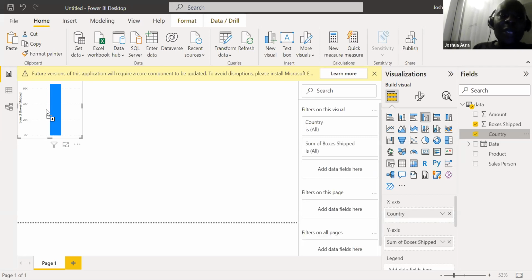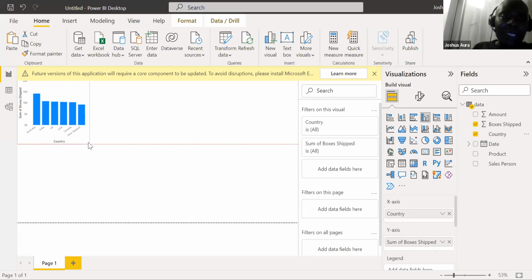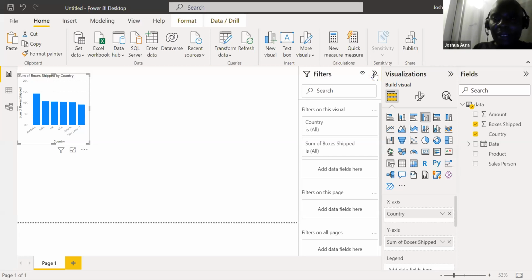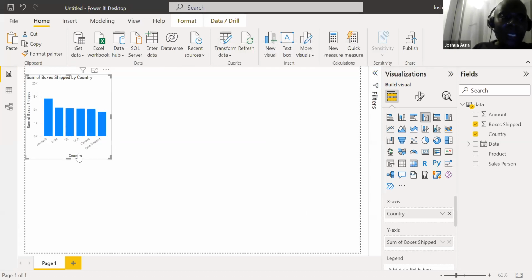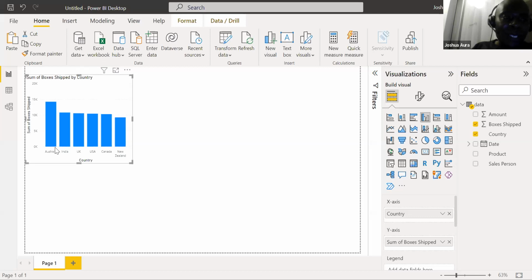So when I release like that, just give it time, you'll be able to see what is happening. I can just expand this a little bit like that. Let me make it a bit bigger. All right, great. So in this case here, you can see country. I don't know whether these guys are able to see my screen. So you can see countries, Australia, for example, we did some